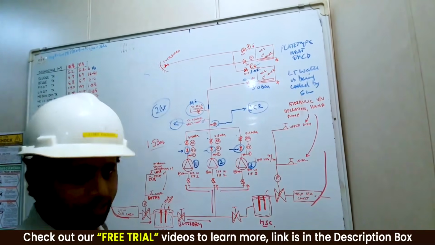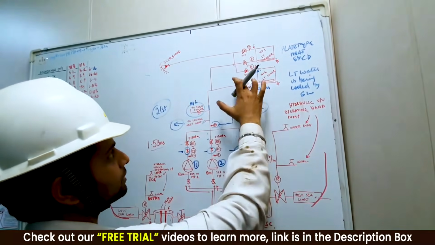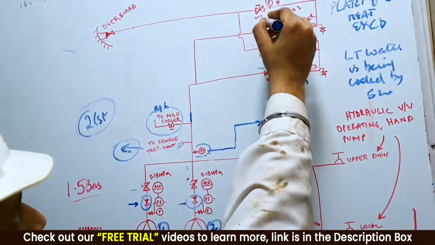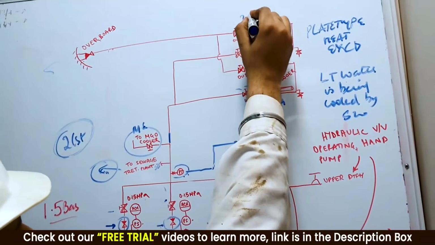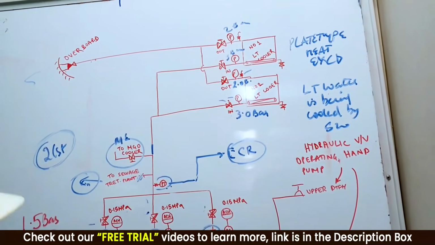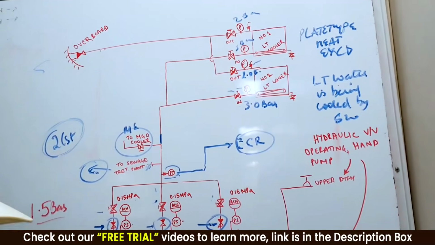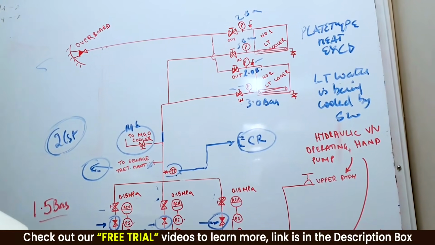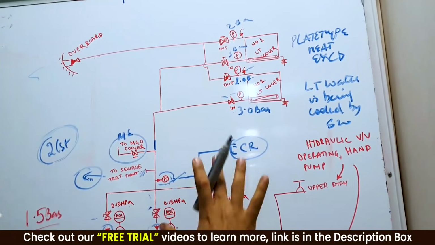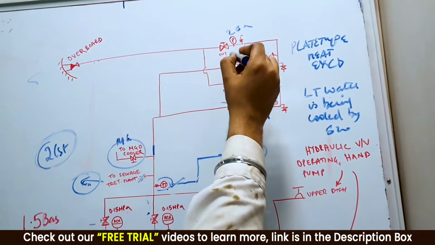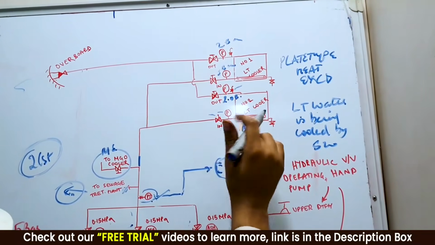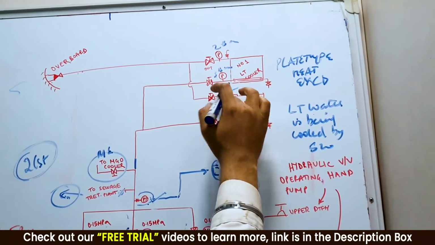Okay, let me put it in a simpler way. What happens is, you have got both these LT coolers on units. Same 3 bar pressure over here, 2 bar pressure over here. Number 1 seawater pump running and going like this. One day you come on a round, you see suction pressure is same, discharge pressure is same. You see pressure transmitter is also showing similar reading, no issues. You see this LT cooler is showing 3 bar and 2 bar, but you come and see that this LT cooler is showing 3.5 bar and 1.5 bar.